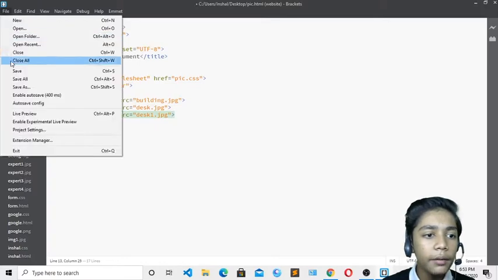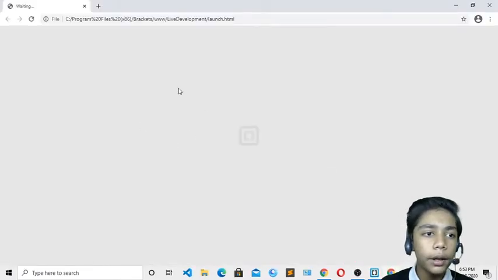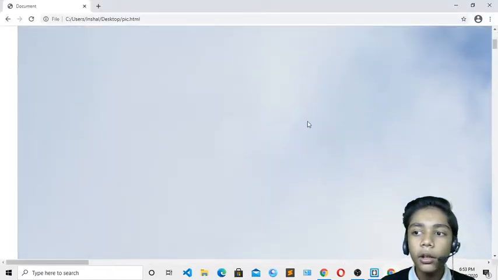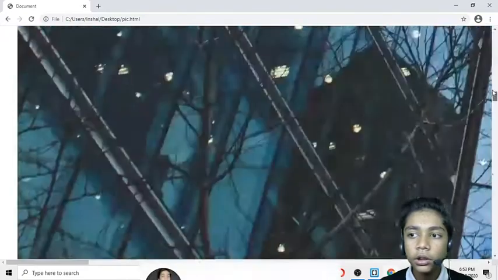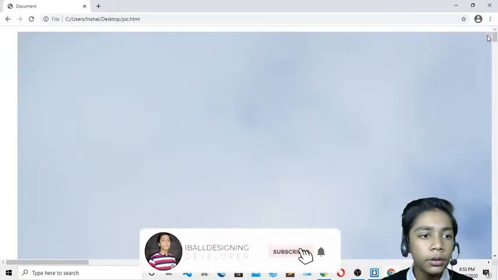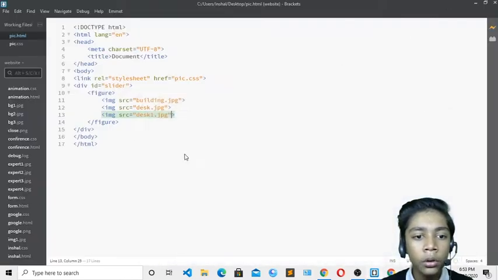I will just do one thing, I will save, and I will show you in live preview, so you just have to wait. You all know we have done this many times. Now you can see when it is loaded, all our images have come over here, but it is too big. So we will set all these images, and I will tell you how to do that. I will first minimize that so we can go to our text editor.